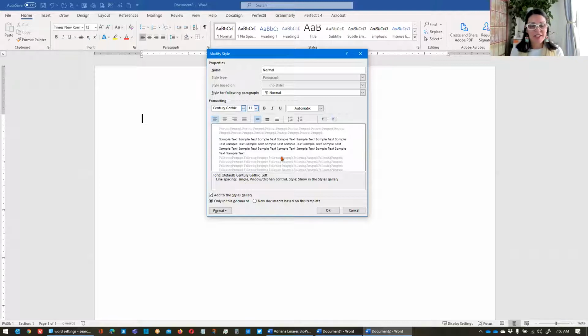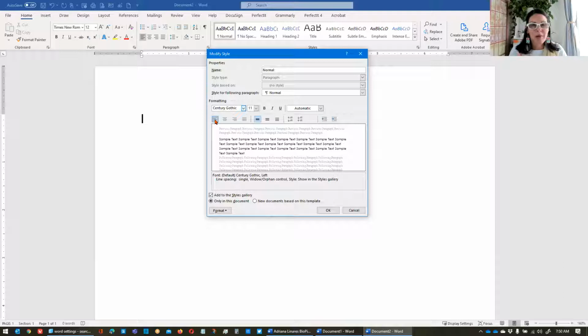Now there's a lot of other things in here. You don't want to mess with them. For example, I get lawyers who say, okay, yes, I'm going to set my default to be justified because all my documents go to court and they should be justified. Don't do that. This is your most basic building block and you want it to have the most basic formatting. And the reason is very simple. Think about this. If you had an address, you know, you were sending correspondence with an address or even a date in the middle of the document, you don't want that text trying to stretch itself from margin to margin. So with the normal style, you set the absolute most basic settings, which is formatting, font and font size here.